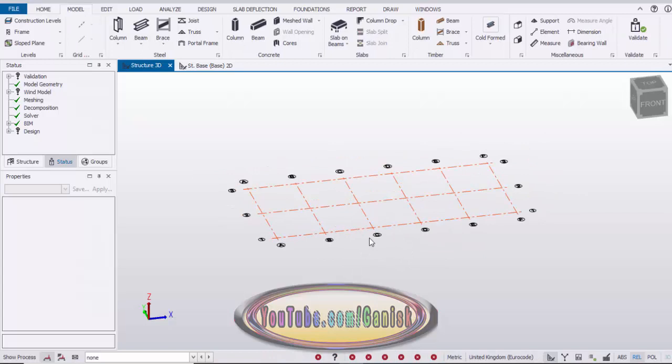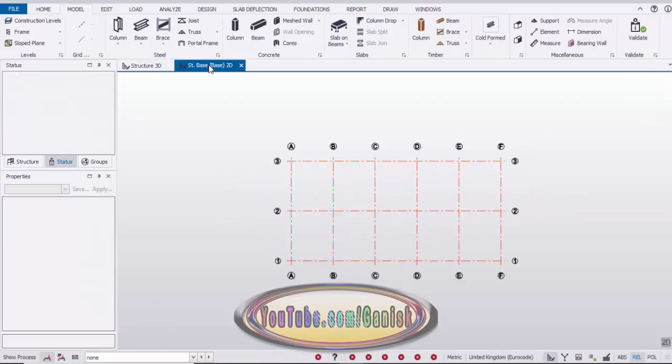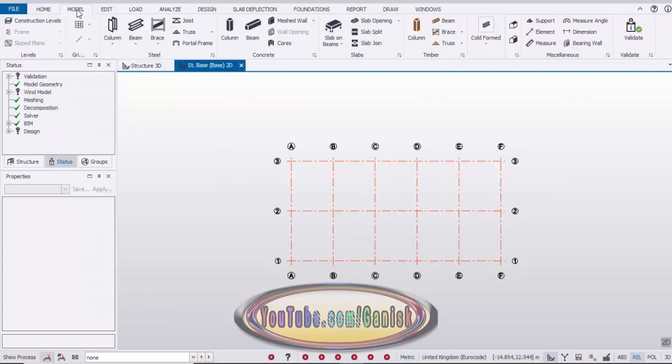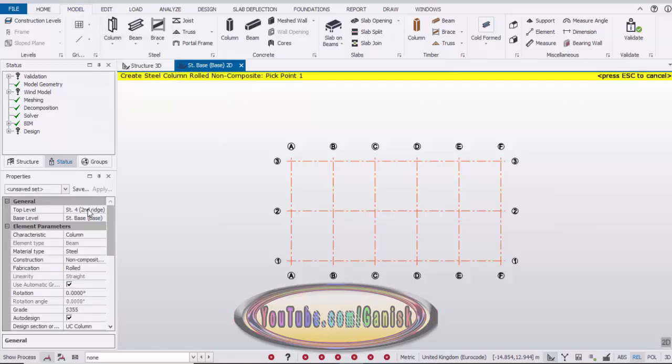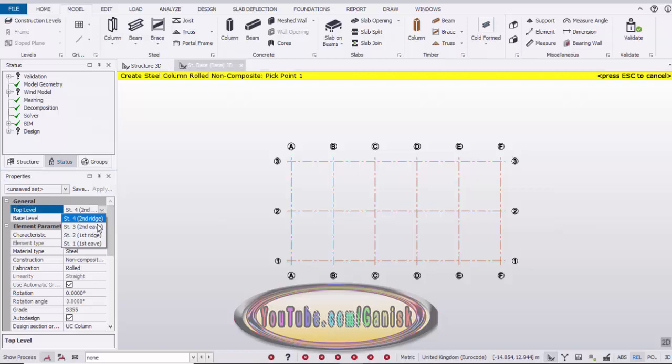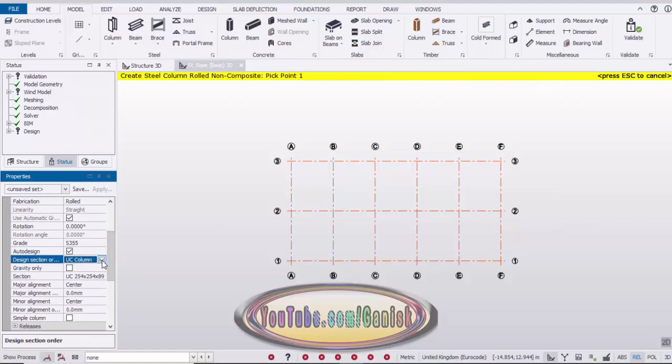Okay, now we're going to create some columns, so go to the base level, click on this option and select this column. Now we're going to take up to second eve level and scroll it down. Now we're going to take UKC profile, so click on here new.